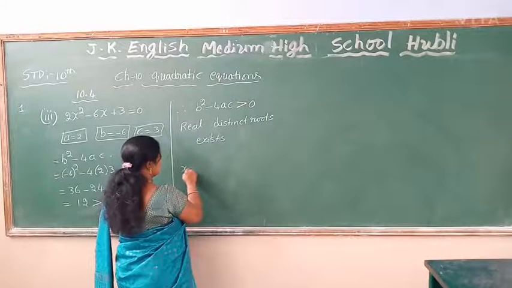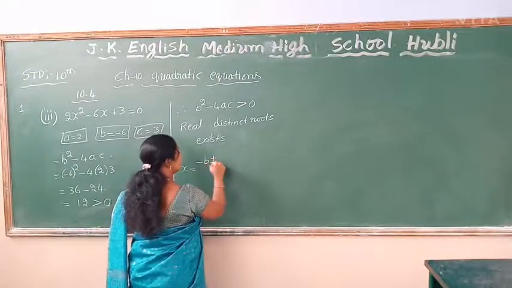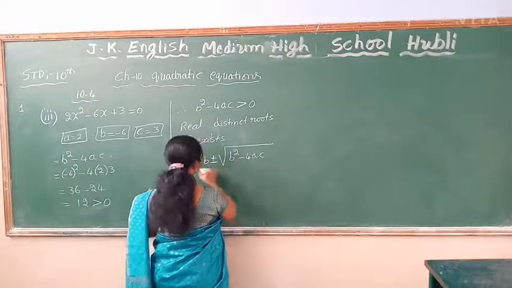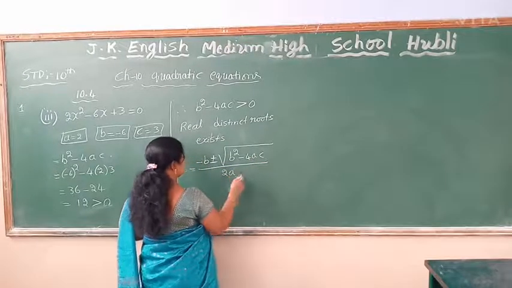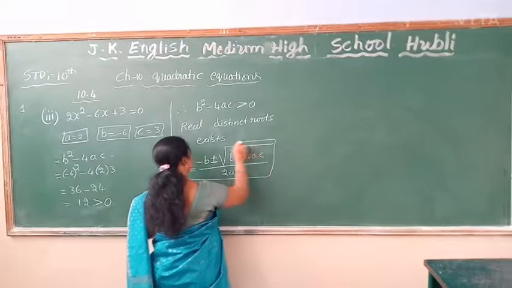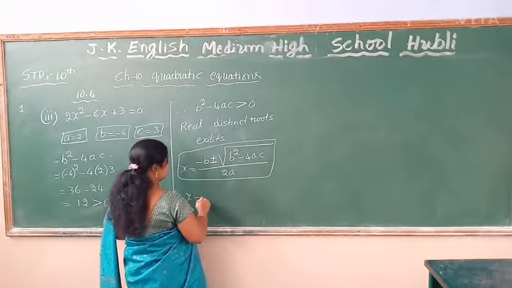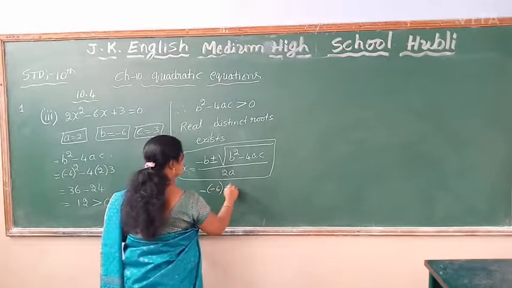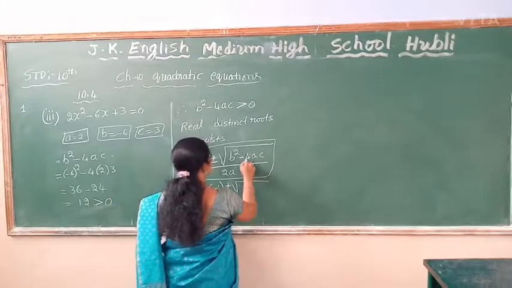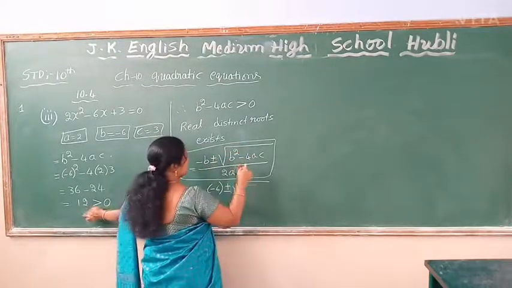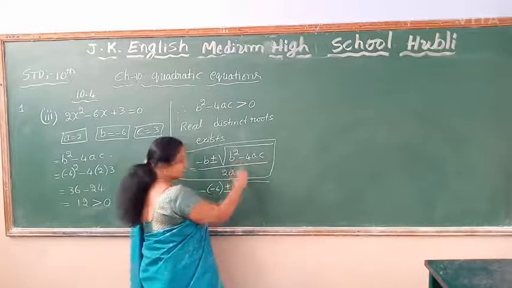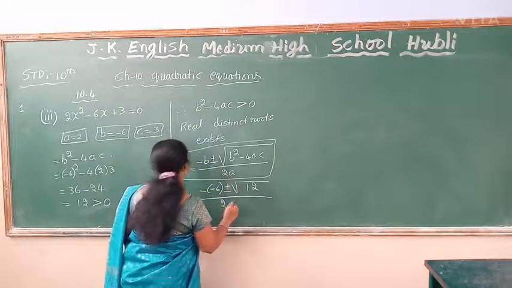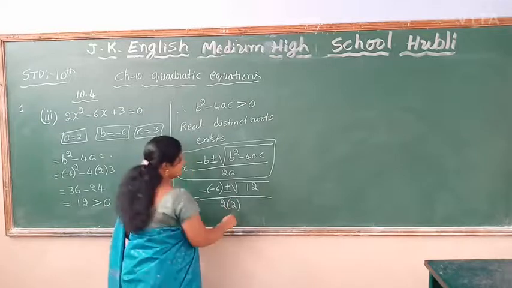write the formula: x is equal to minus b plus or minus square root of b square minus 4ac, divided by 2a. So write the formula. x is equal to minus b, means minus of minus 6, plus or minus this value, already I simplified. What I got here was 12 after simplification of b square minus 4ac. I got 12, so I am writing 12 directly, divided by 2 into a value, which is 2. Then simplify.